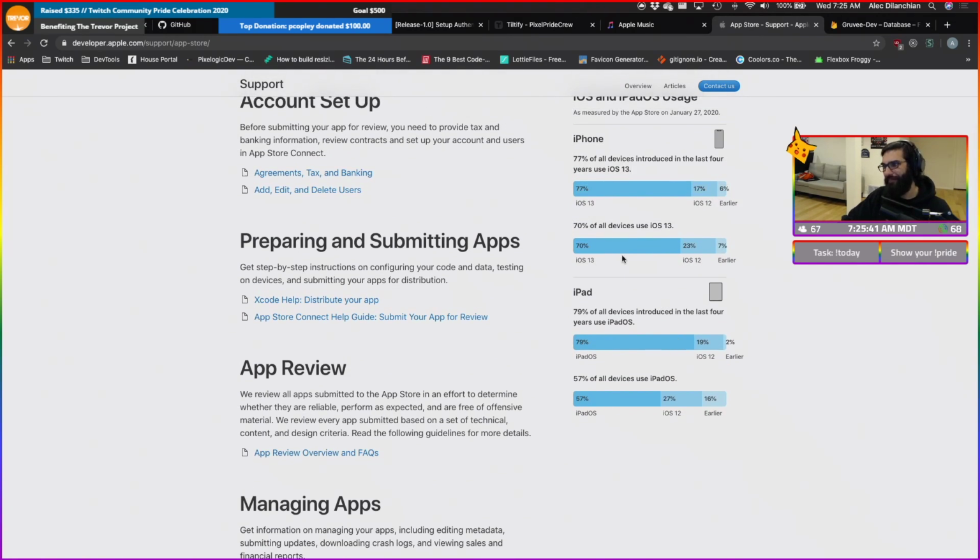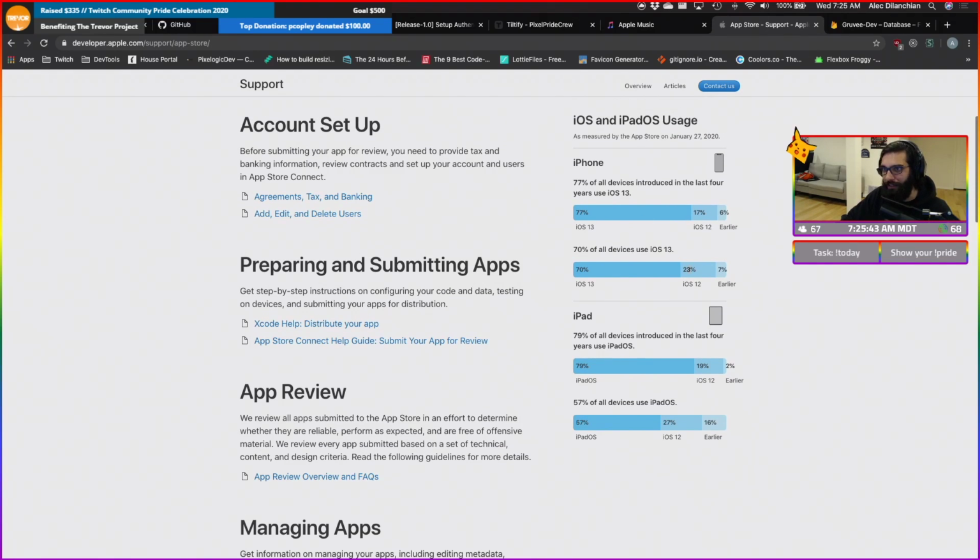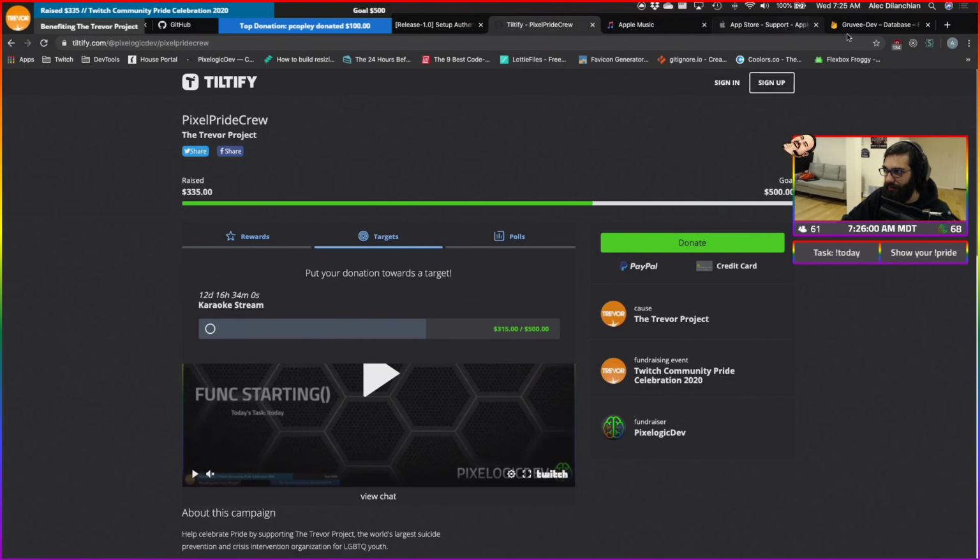Okay. So I do think this warrants us to support iOS 12 at least. But I do think we should probably be able to bump our min OS to like iOS 12, right? At the minimum.